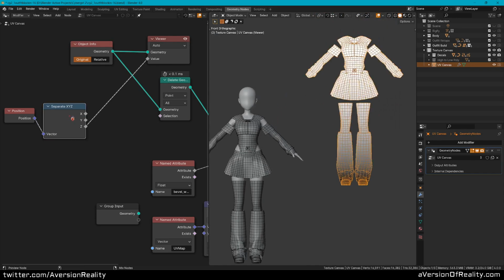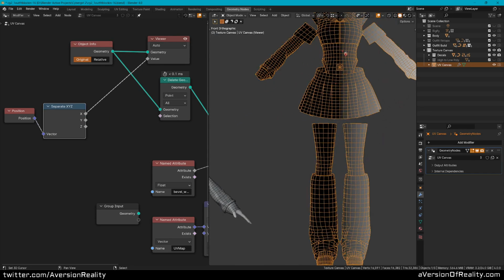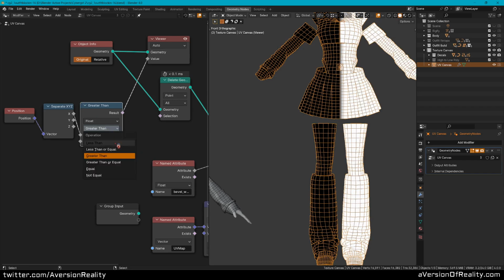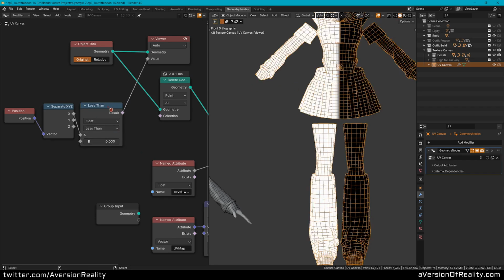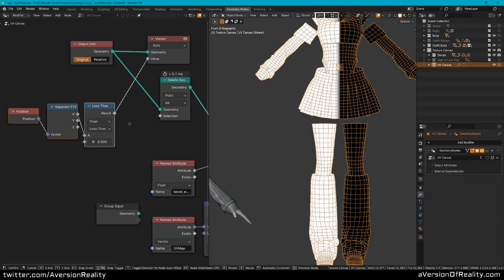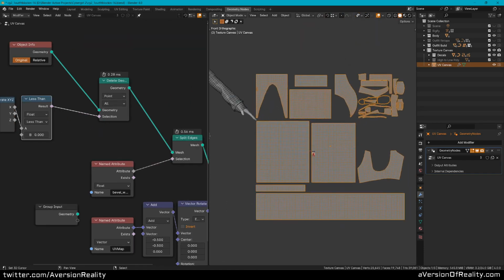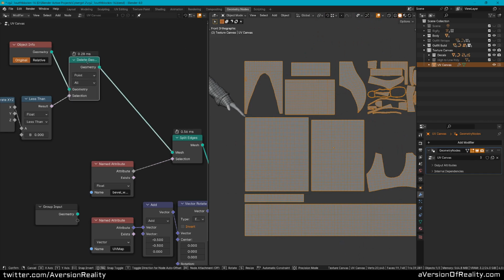Now we can look at only the X of the mesh in world space. And we'll get a compare node and get less than 0, and now we have a mask of the mirrored side of the mesh. So we will plug that in, and now, problem solved, we have deleted the unnecessary part of the mesh.